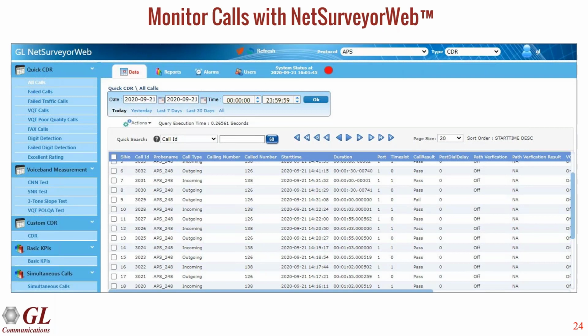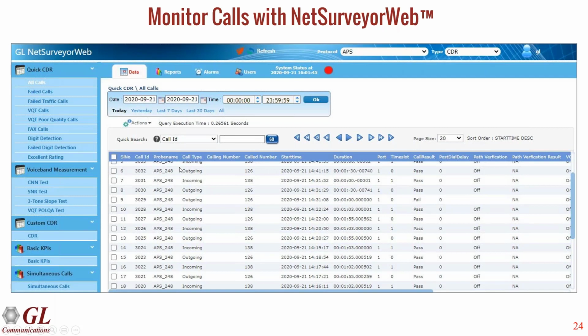You can remotely log into it just by opening a web browser and typing that IP address, and it'll pull up the NetSurveyorWeb. You can imagine if you have multiple test equipment deployed throughout your network in different geographic locations, all of them can be sending their data back to this central database and this central NetSurveyorWeb system.